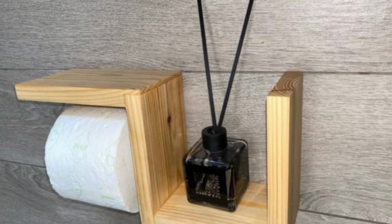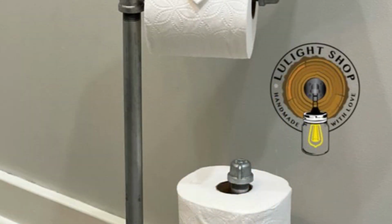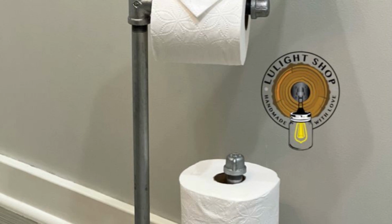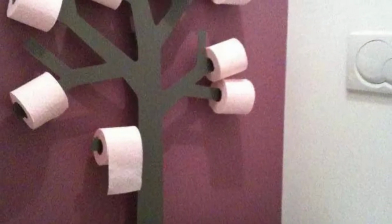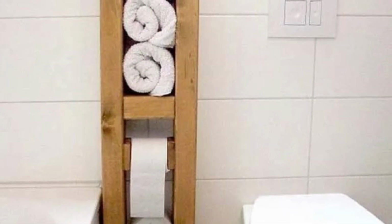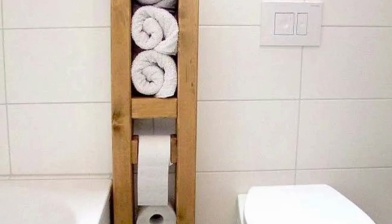For hidden storage, consider using a magnetic strip on the side of a cabinet door or vanity. Attach small metal containers or magnets to toilet paper rolls. Additionally, freestanding holders made from unconventional materials like concrete, marble, or reclaimed wood can introduce a modern or rustic touch